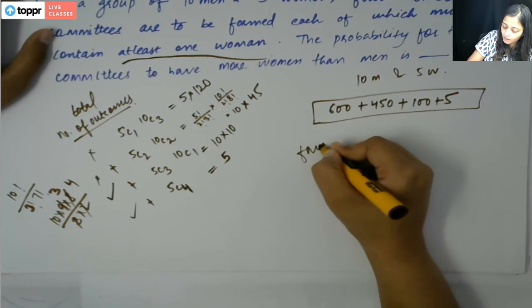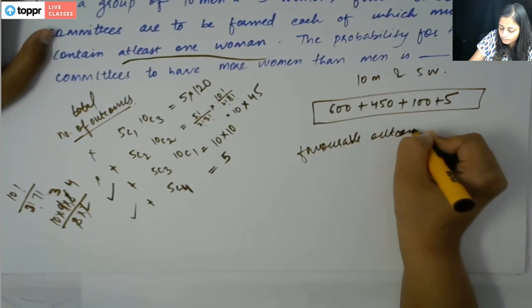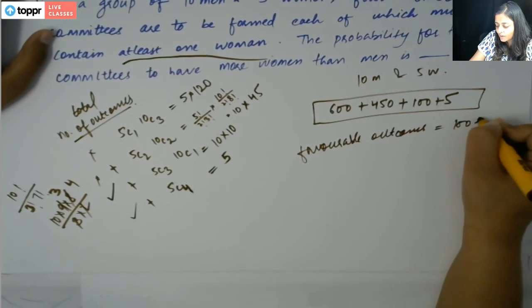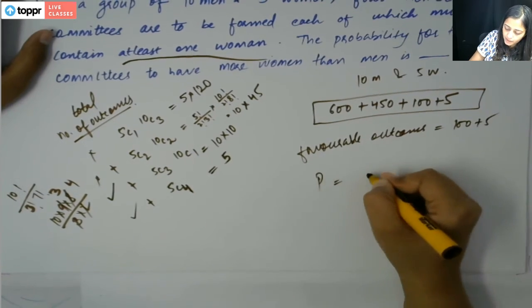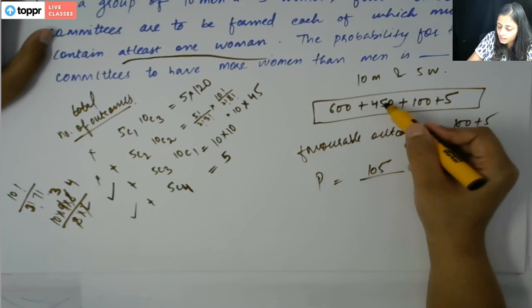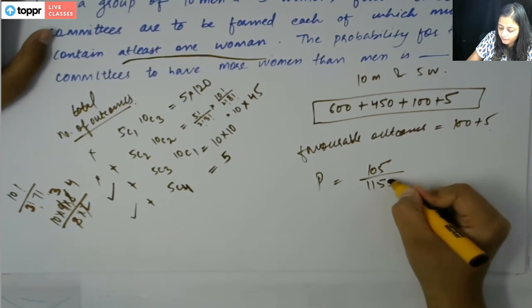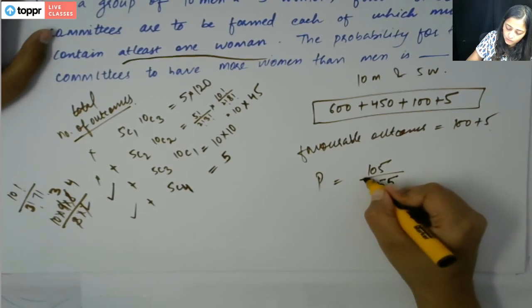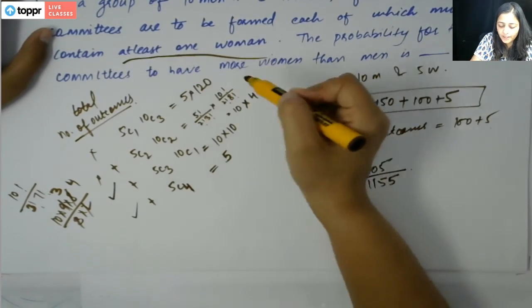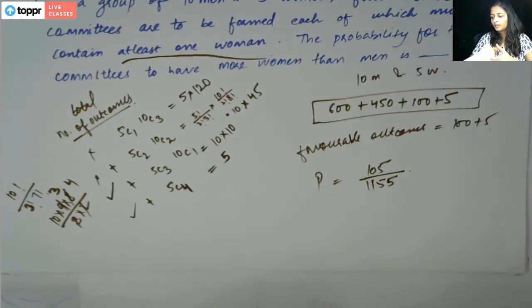So favorable outcomes are 100 plus 5, 105. So probability is equal to 105 divided by, this is 1155. So this is the probability for the committees to have more women than men. Then the next question is,